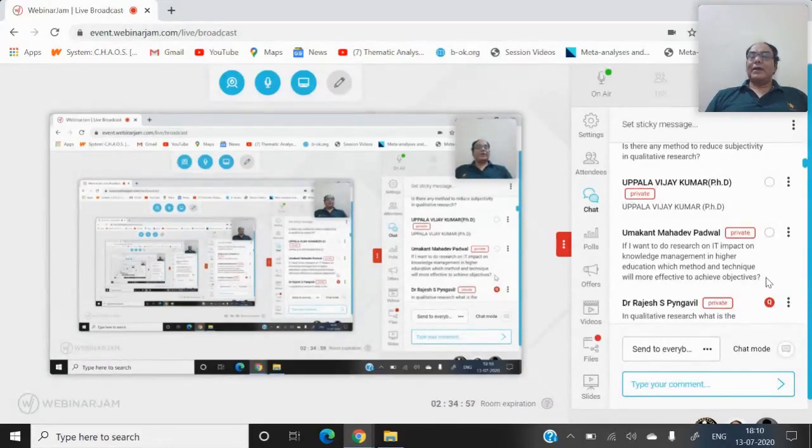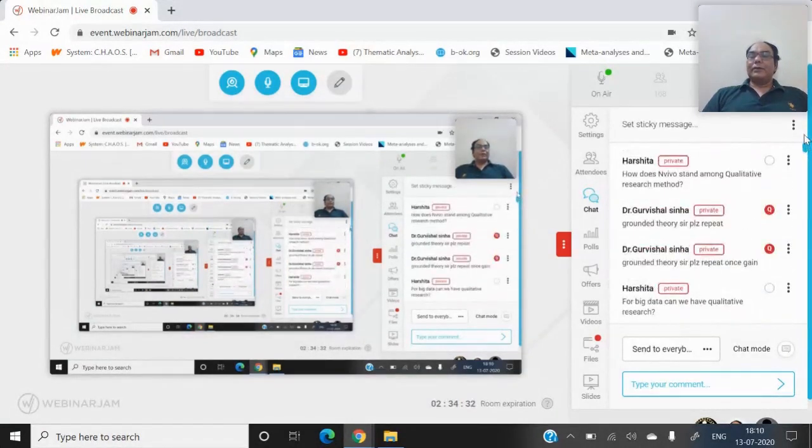Knowledge management in the IT sector is very good, no problem, because the IT sector is a knowledge-based sector. But you have to design your questionnaire in such a way, I'm talking about qualitative research, that you can incorporate each and every aspect of knowledge management in the company and see their impact on the performance of the company. Yeah, definitely you can do the study. Okay.